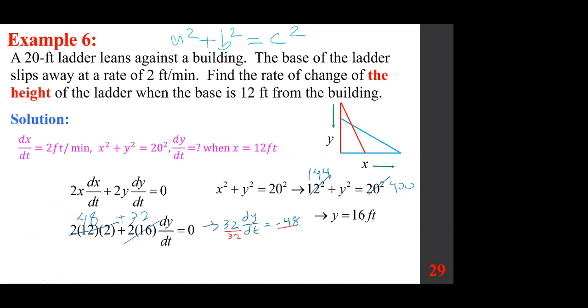Divide both sides by 32. Drop the common factor of 16, and you get negative 3/2 feet per minute. What I want to explain here, and that's extremely important,